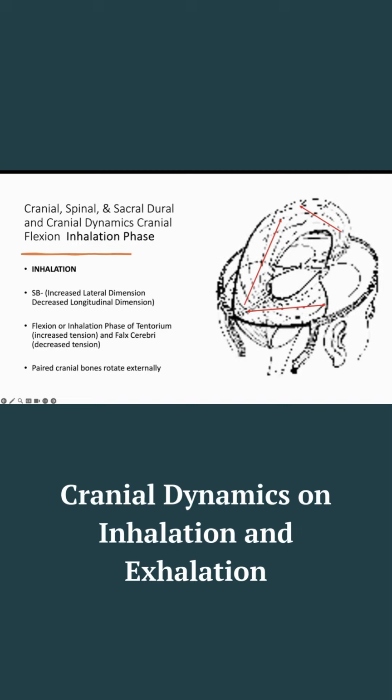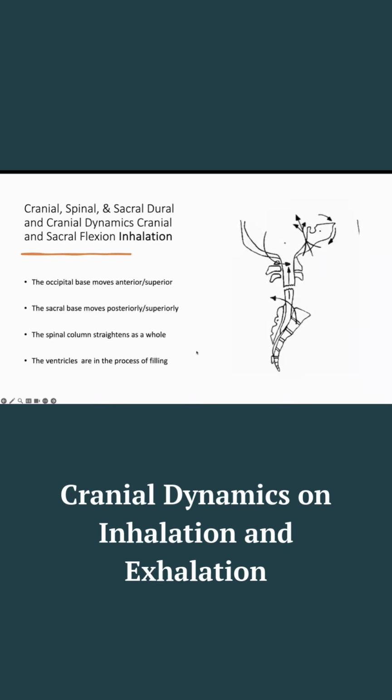When we talk about inhalation, as we get motion, the first thing that happens is the falx cerebri will get looser, the tentorium will get tighter. The ventricles in the cranium will slightly expand. The other thing that happens on the other end is that the sacral well will start to push back. And as the sacral well goes posterior, it pushes on this area of the lumbar cistern, forces CSF to the cranium. That is why the ventricles expand as the cranium expands laterally and as the dural tension changes to allow for that to happen.